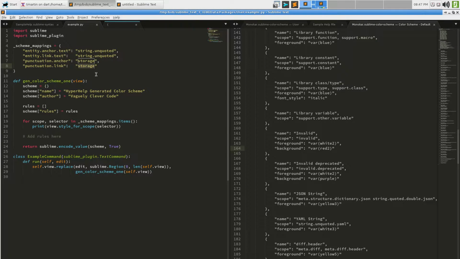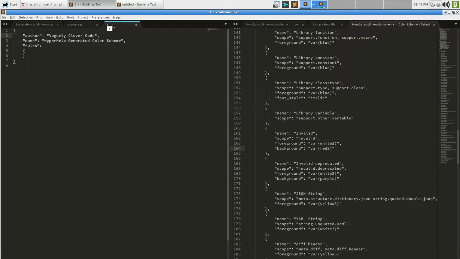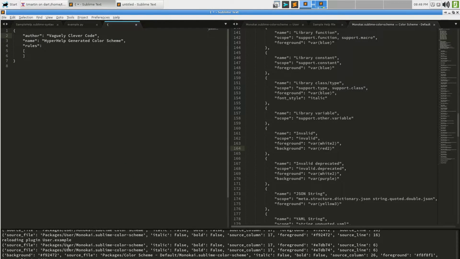So just for test purposes, if I change this one to invalid, when I push the key, now we see the last one has, well, I guess not necessarily the last one because they're not necessarily iterated in any order, but now there's a background where previously there wasn't a background. And there's still a source file where it came from, and an italic and a bold, and a source column and a source line.